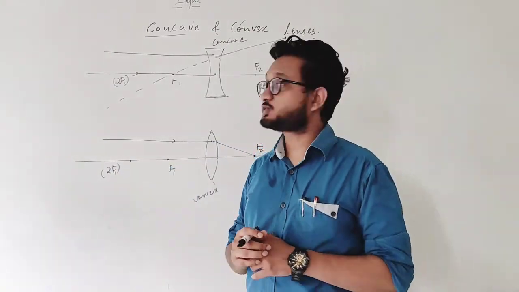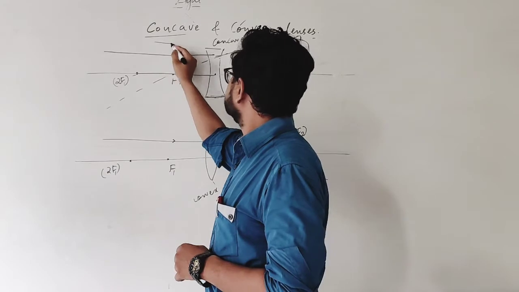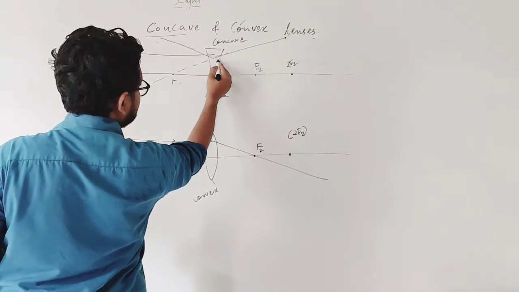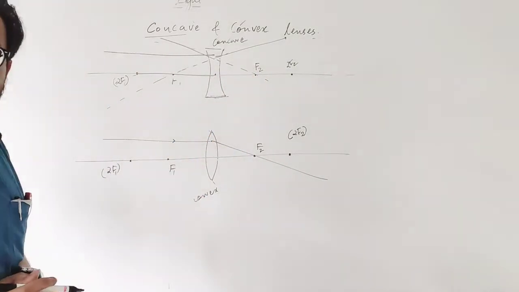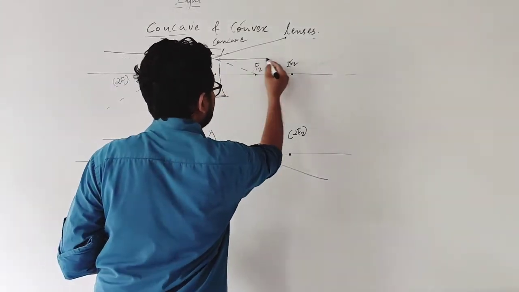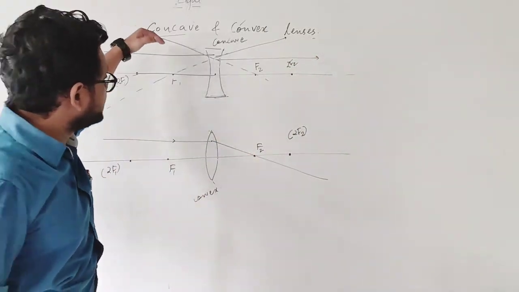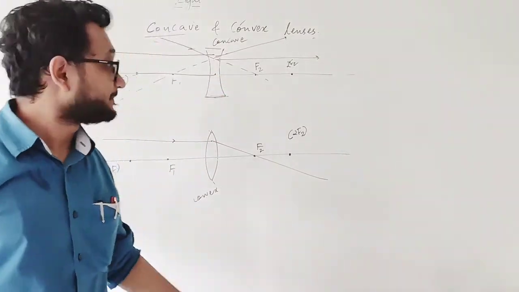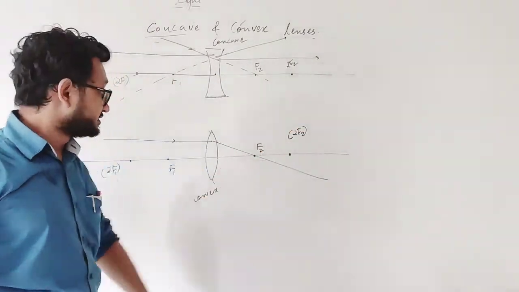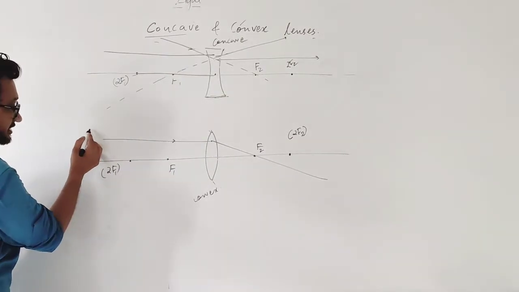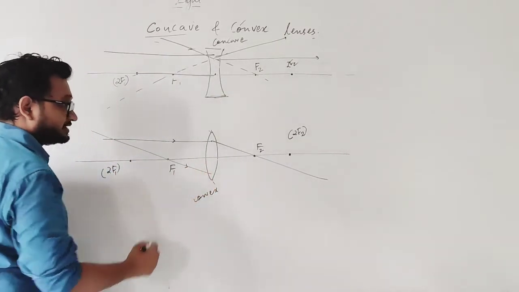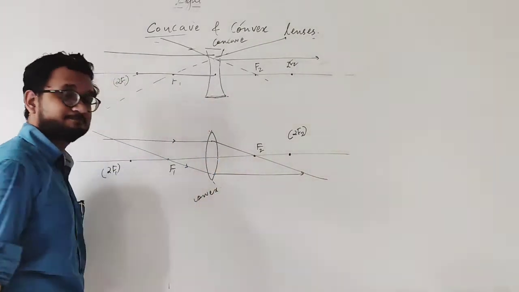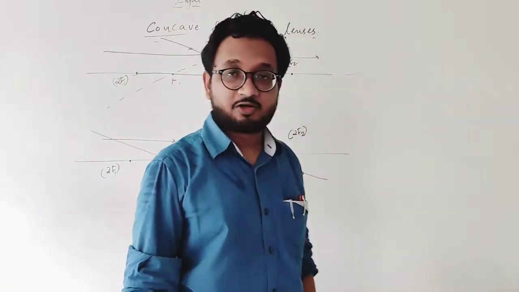Similarly, now for the second case, students, let's say that the ray of light is passing through the focus. Imagine a ray of light passing through the focus like this. So what will happen? It will diverge and become parallel. So if it is incident directly on the lens like this and it passes through the focus virtually, then it becomes parallel. So same thing over here as well. Let's say that the ray of light is passing through the focus and incident on the lens, therefore it becomes parallel. I hope it is clear to you, students.